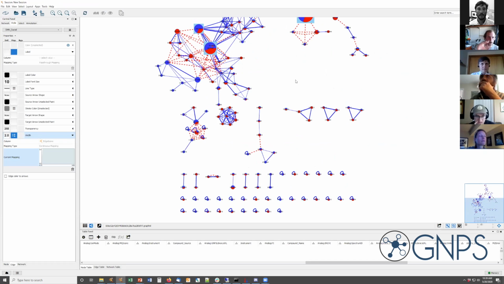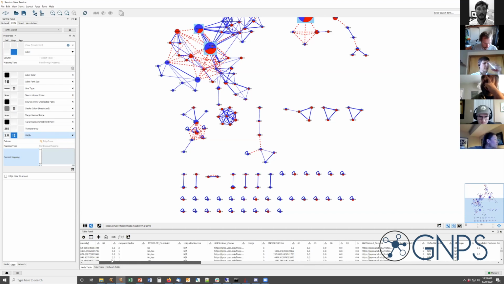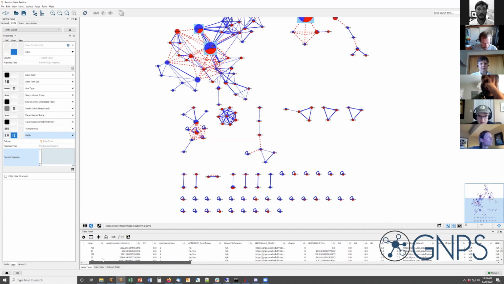That would be one very straightforward way to look at it. You could highlight those nodes that actually have iron bound based on the ion identity, because we identify that adduct. Then I would simply scroll here in Cytoscape to